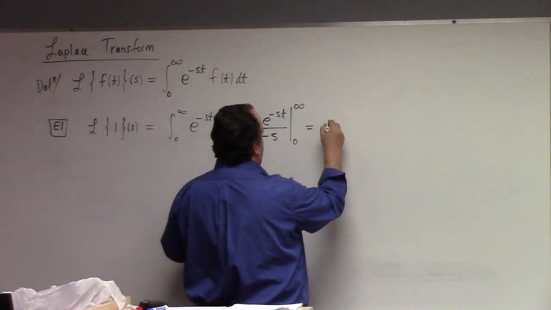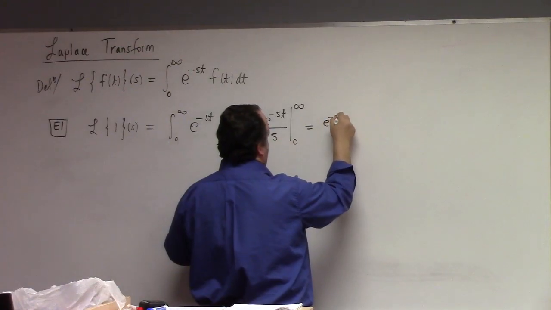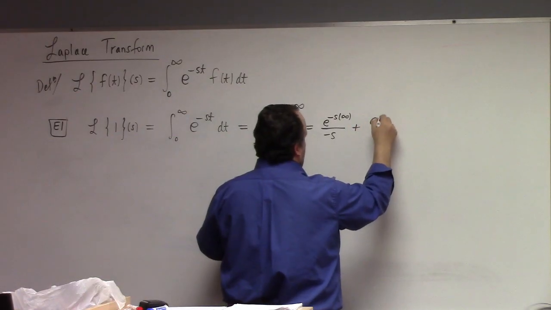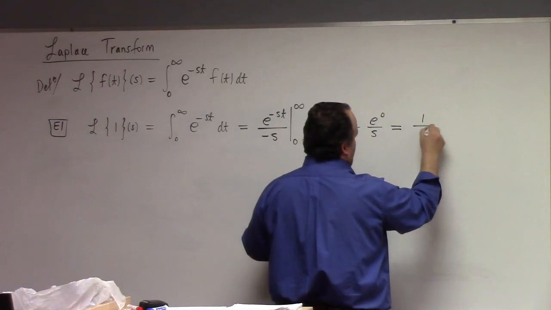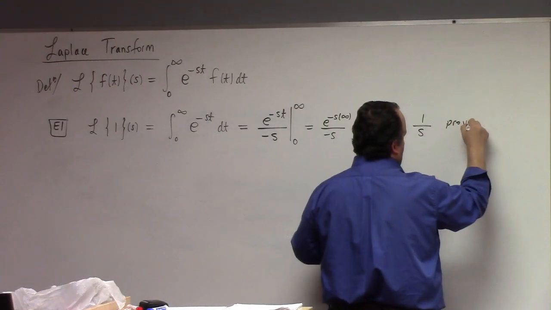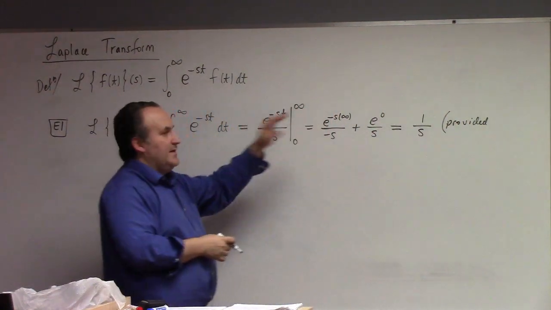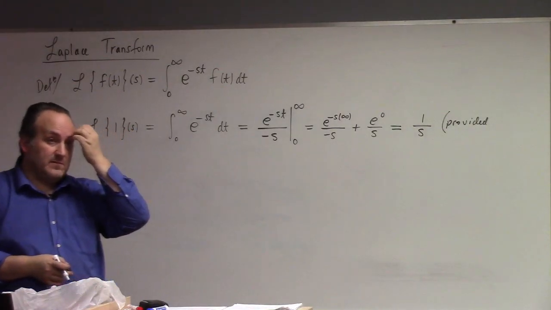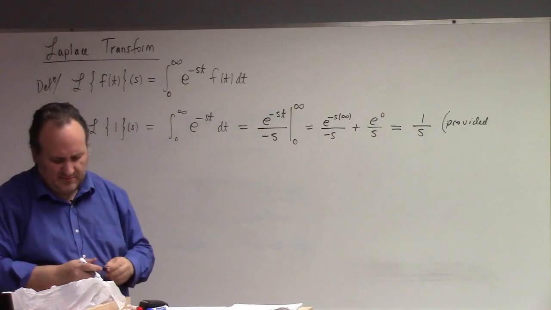Well, e to the minus s times infinity over minus s plus e to the 0 over s, right? And that's equal to 1 over s provided what? What condition do we need to know that e to the minus s times infinity is 0? And of course we intend that in a limiting sense, truth be told, but